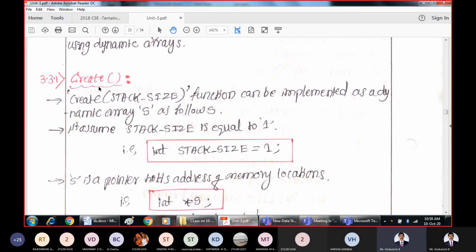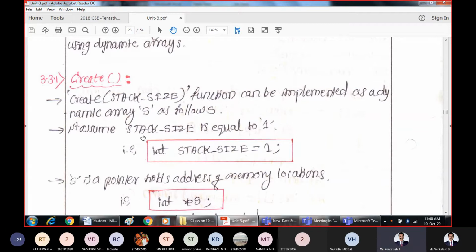Begin with how we create the stack. In this dynamic stack, creating, pop, is full and is empty, all the conditions are very same as those of the normal stack. But the only change comes in the push operation. Before you insert, you should check. If the stack is full, we will not give the error message.